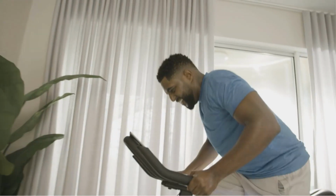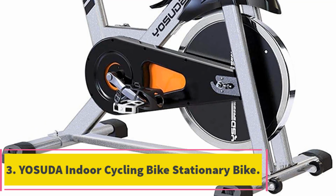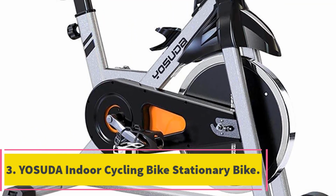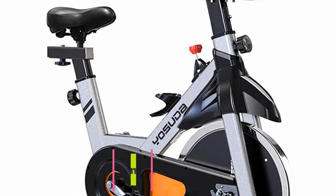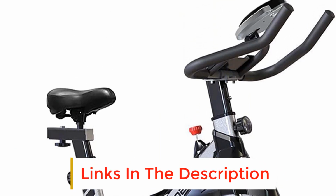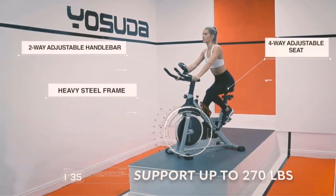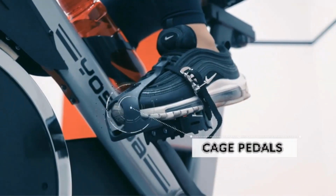If you want more than just a bike to ride and enjoy the challenge of fitness classes, Echelon is a highly recommended option. Number 3. YOSUDA Indoor Cycling Bike Stationary Bike. This spin bike by YOSUDA is built for a smooth, stable ride that beginner cyclists find comfortable and easy to use. The built-in LCD monitor provides feedback on your time, speed, distance, and calories burned, and the tablet holder allows